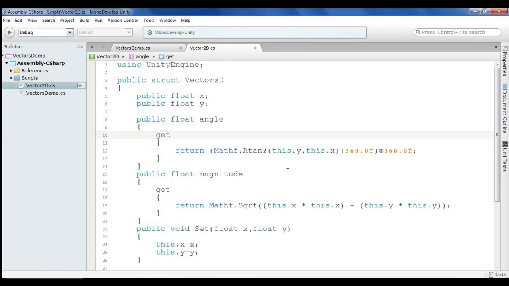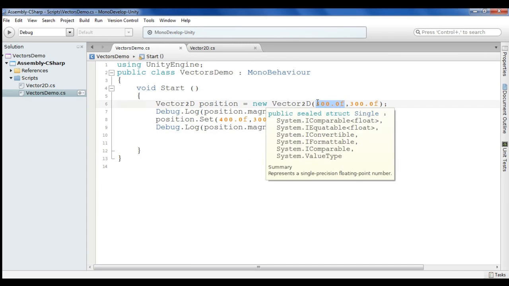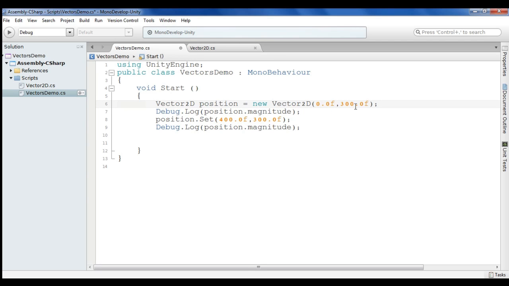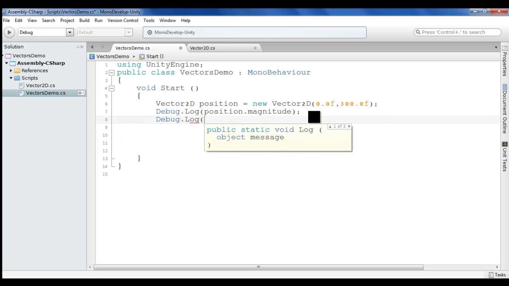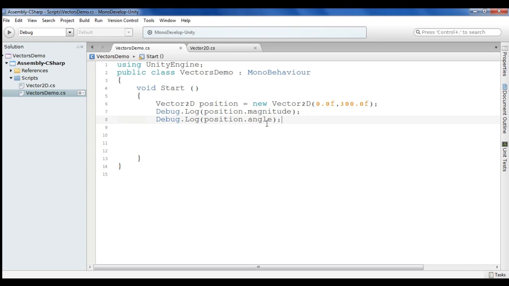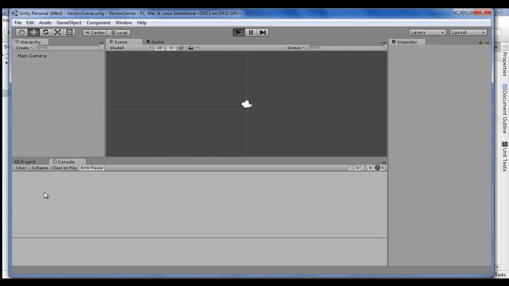That's how we calculate. And now we know the formulas and we have kept that. Let us check it out. Let's create our position vector now. X is equal to 0.0f and y is equal to 300.0f. We are not changing the position. We just want to know what is the magnitude. Write one more line to say Debug.Log. What is the position.angle? That's it. As it is a property, I'm just writing the name of that one. I can just save and come back to Unity. If I run the code, you should see magnitude 300 and it is